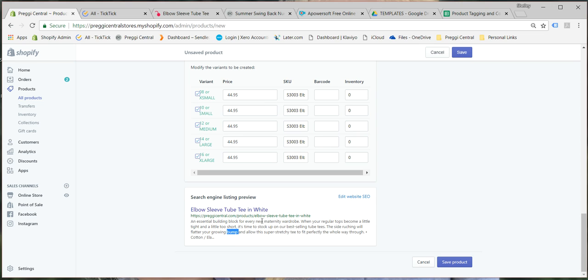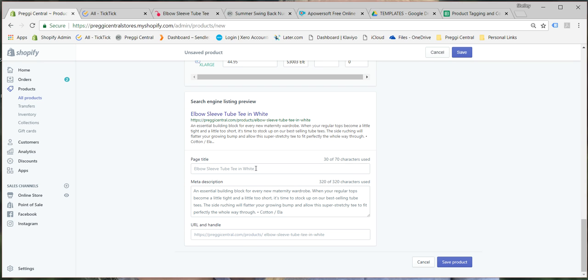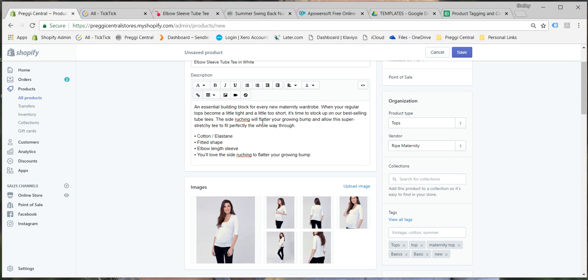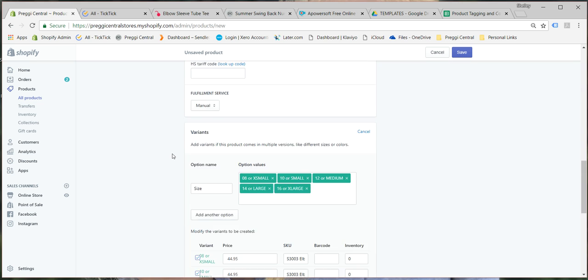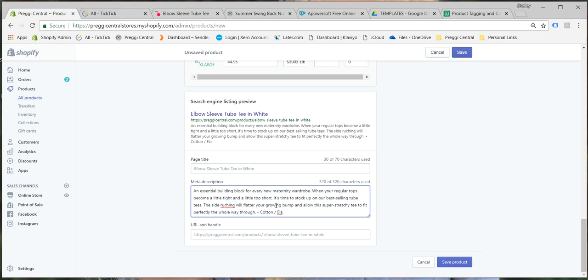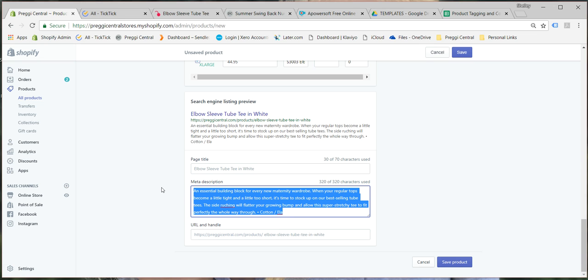But if you feel like it's not a good enough searchable description, you can also click that Edit Website SEO and change this. Now, if you click in here, this will be a different description to the one that is up here. Automatically it takes this one and uses it down here to start with so that you don't have to do any additional work here. But if you want to do additional work and make this a better description for search engines, you can come back here and go,